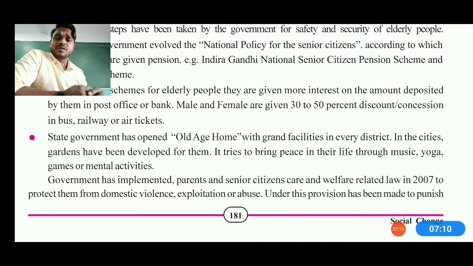So if you are also a child, you must love your parents, because tomorrow if your child kicks you out of the home and you are forced to live with your wife in an old age home, you will know the problem and the pain of your own mom and dad when you did the same thing. So what you do, that you get. You should never do this kind of thing.